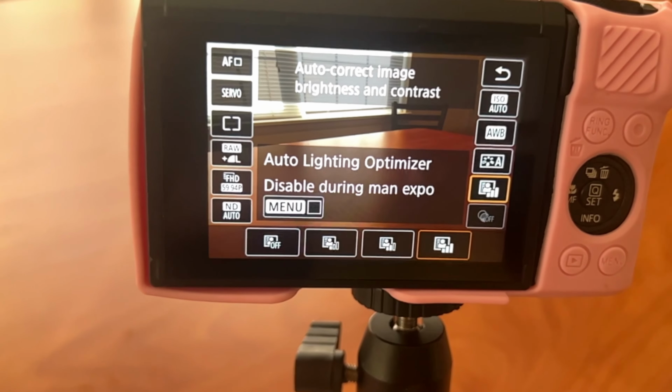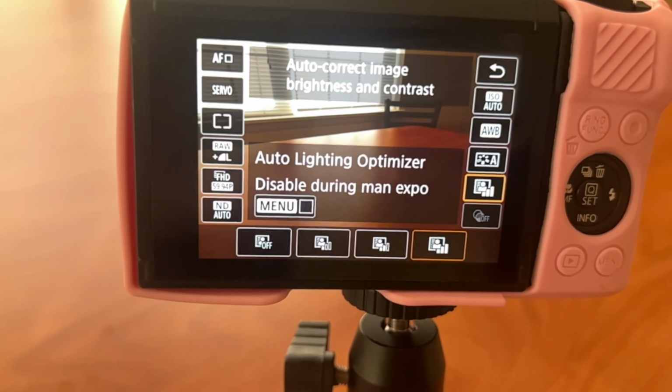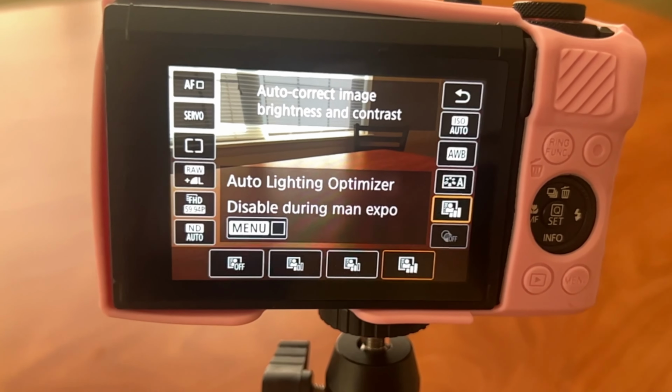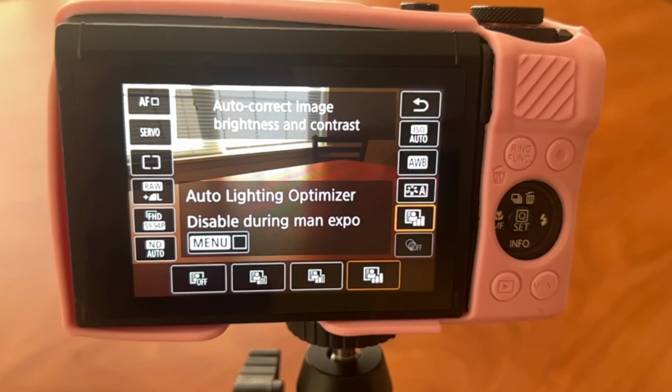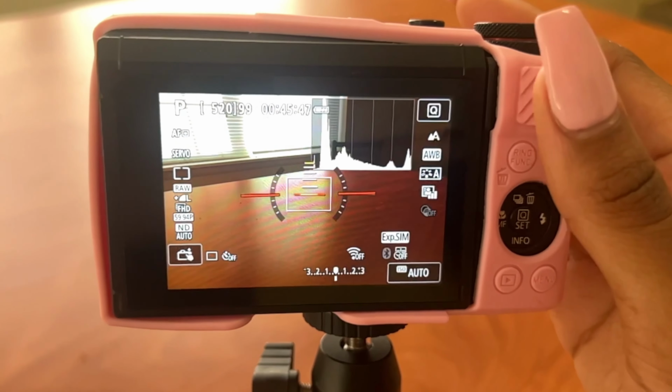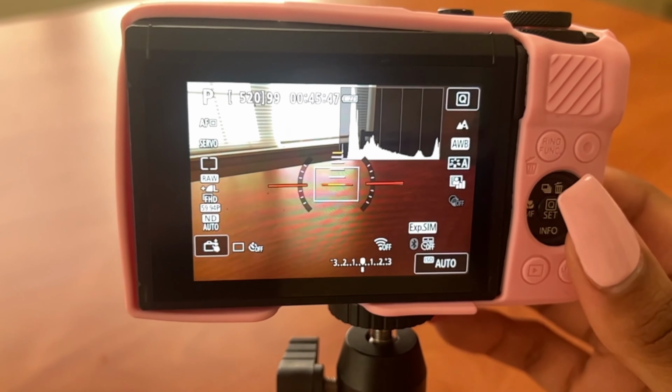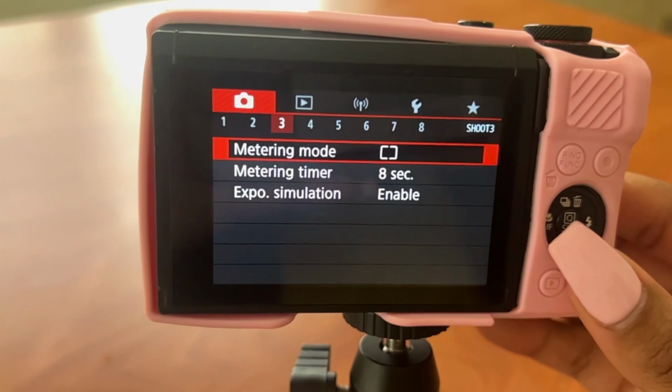And then we have our auto lighting optimizer. I keep mine on the fullest setting that there is, so it can auto correct any image brightness that needs to be corrected. If we go to menu,